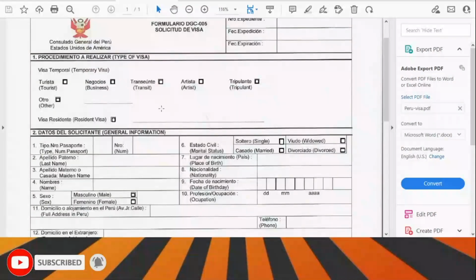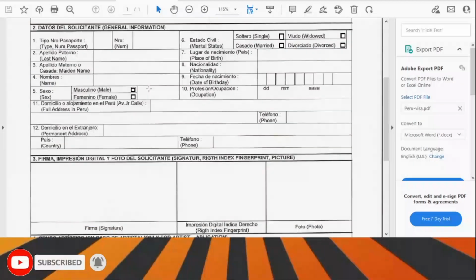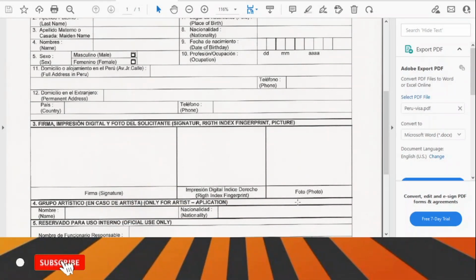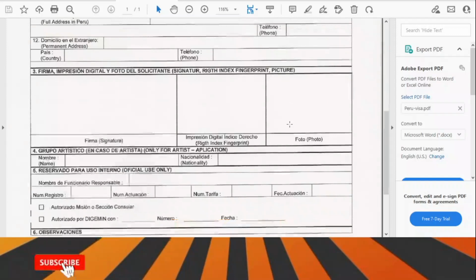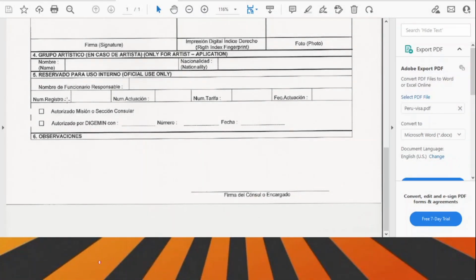Also, you need just here to choose your type of visa, and then you need to fill all your general information here, and in the end you need to add your signature, your right index fingerprints, and also attach your pictures. And this section is only for artists. If you are an artist traveling to Peru, you fill it in that case,